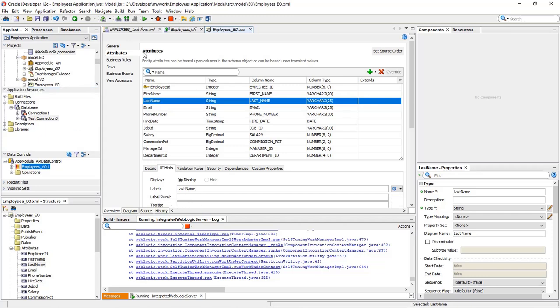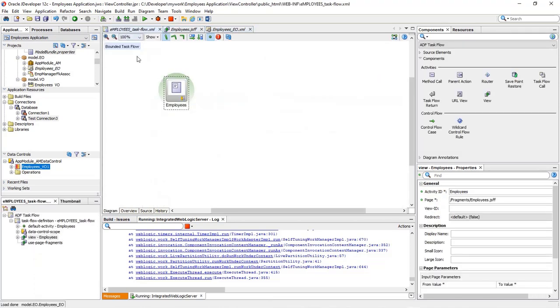So now we design our page. We created one bounded task flow. Then we took the activity, double click it, it will give you the JSFF page, and then this bounded task flow is ready. Now I want to create a page, because we cannot run these JSFF pages directly in the browser. So we need to create a page,